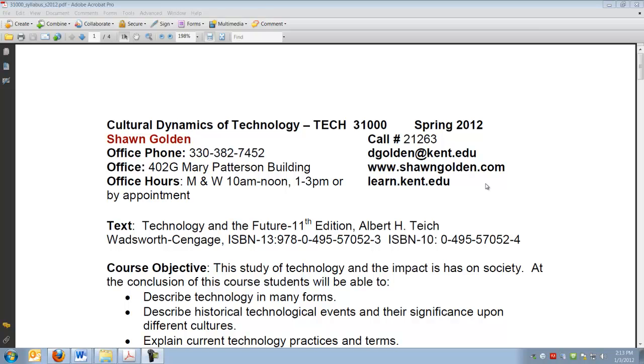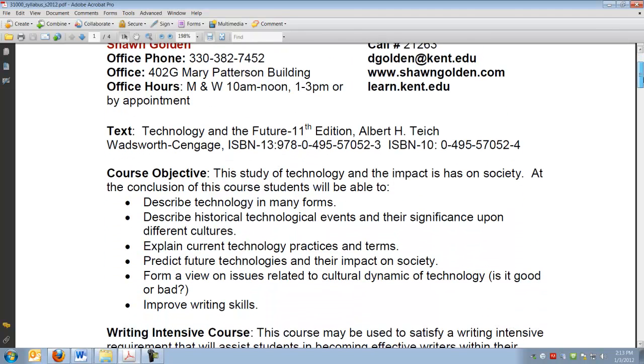The text for our course is Technology in the Future, 11th edition. We will use this for various items in our course, so it's imperative that you do acquire the text if you haven't already. The objective of the course is the study of technology and the impact it has on our